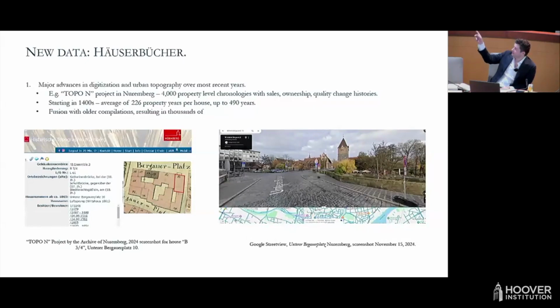If I may, I will direct your attention to this slide here, which tries to make the point that this is also an amazing point in time methodologically to rebuild these new long-run housing indices because of major leaps in the digitization and really the archival side. What you see here is a project from the city of Nuremberg, which was one of the key financial hubs of early modern Europe and the world, essentially, the home of the Fugger Bank and others. They have just launched a new project called Topo N,